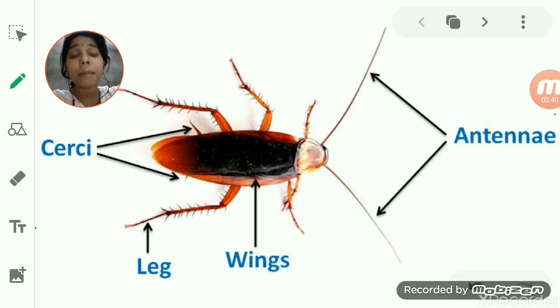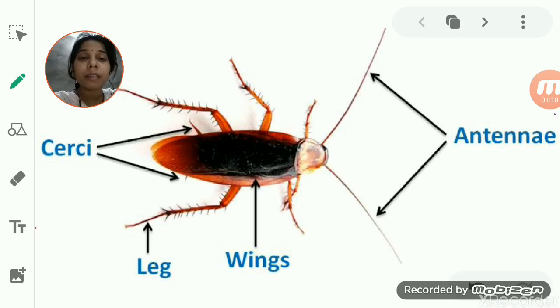Later on, we studied movement in animals too, and how flexion and extension, these two processes, help a human being move forward. What happens when we move? We push the ground, and the ground exerts an equal amount of force in return, due to which we are able to move forward. The same thing happens with animals also.